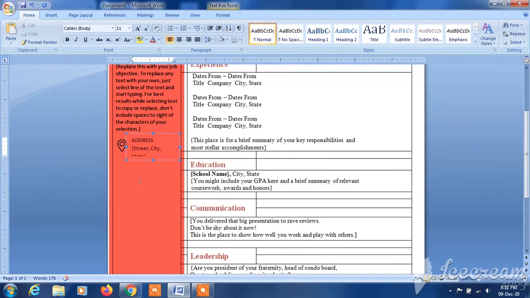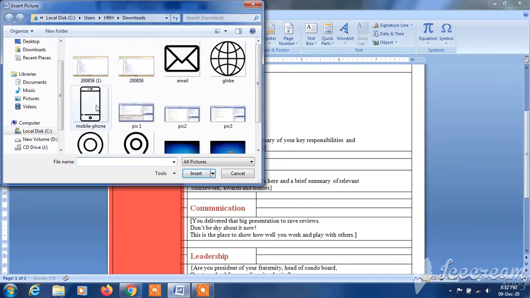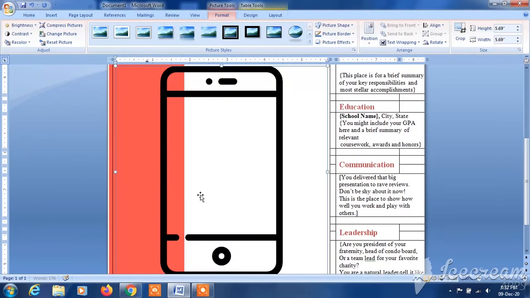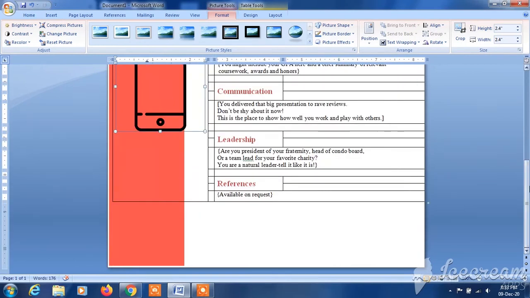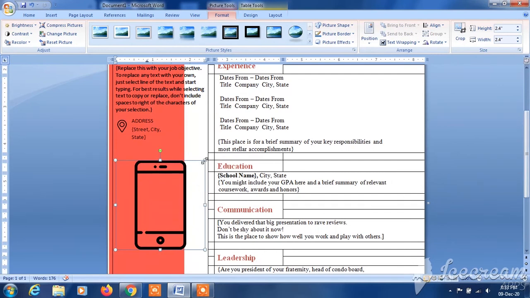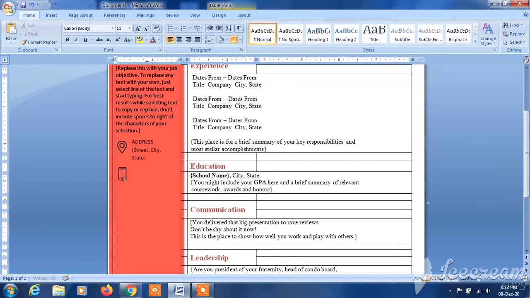That's it. You will insert another picture. Go to insert picture and you will insert a mobile phone picture. And that's again really big, so we have to reduce its size like this and reduce it to almost the same as the location symbol size. You will find all these symbols on the internet. Yeah, resize it,